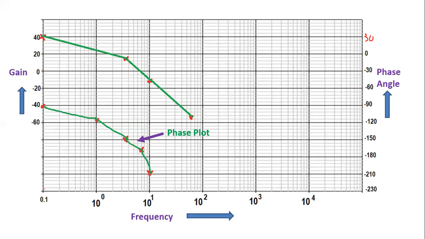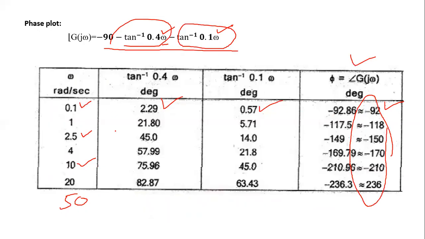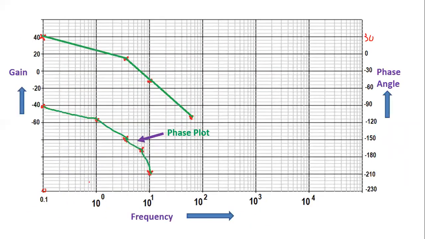And now, what about at 0.1 angle? Minus 90, approximately minus 91, like that. So I'm placing the point. And next, at 0.1, minus 92. At 1, 118. So 1 means 10 power 0, it's 1. Here we have almost 118, which means minus 118, approximately minus 120. Like that, each and every point we choose, and we plot, and draw a smooth curve